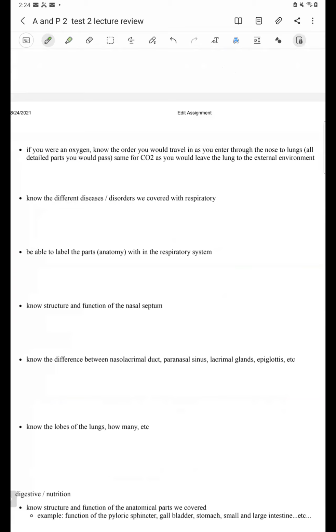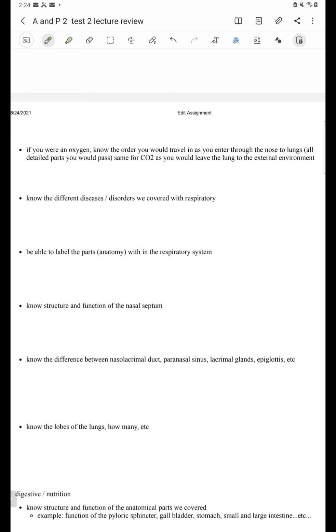Okay, if you were an oxygen molecule, what order would you travel as you enter through the nose and to the lungs? Okay, so I'll get you started. You'll breathe in through the nose, and you'll go through the nasal concha, right? And those superior, middle, and inferior nasal concha are designed to increase surface area inside the nose. Okay, then you'll travel down